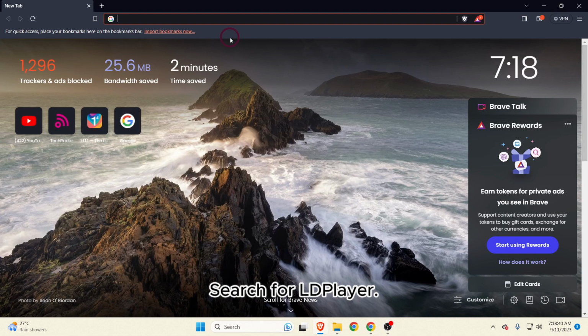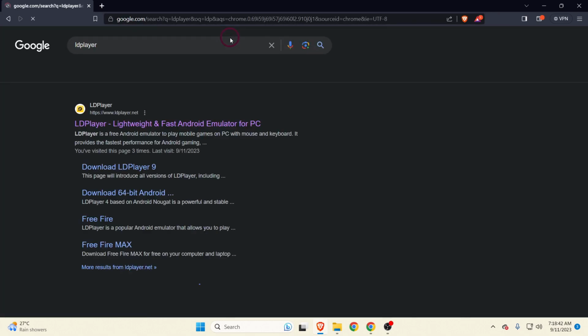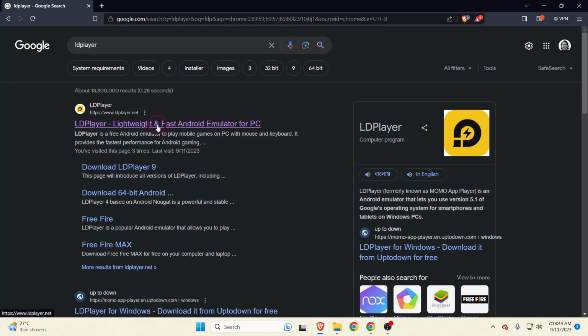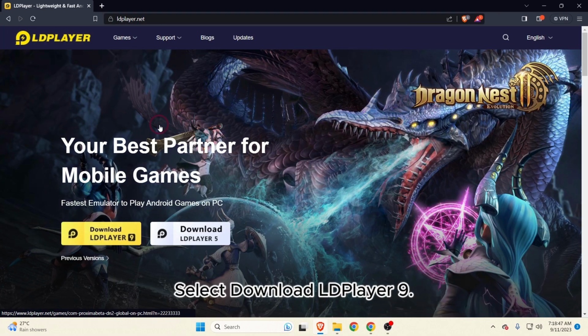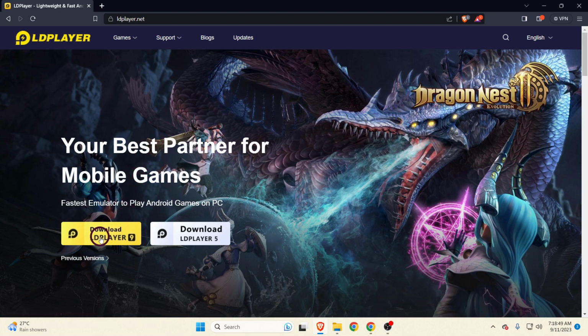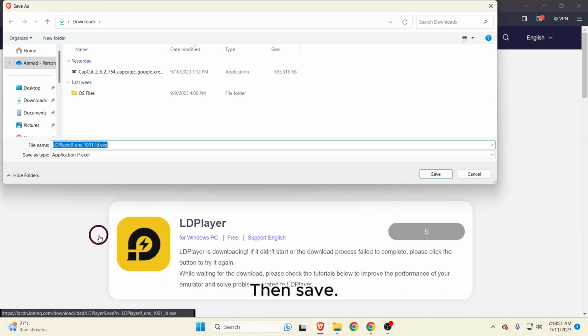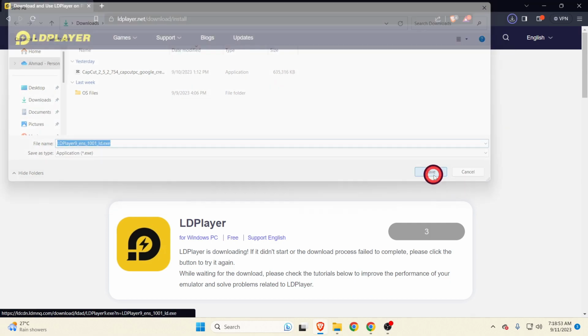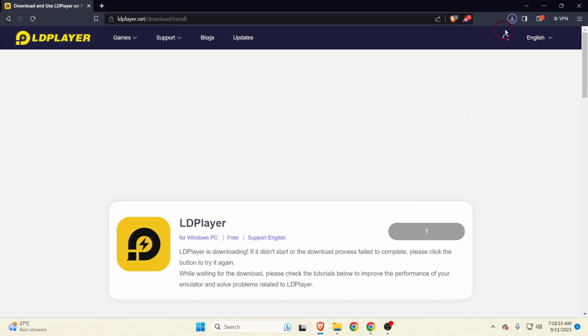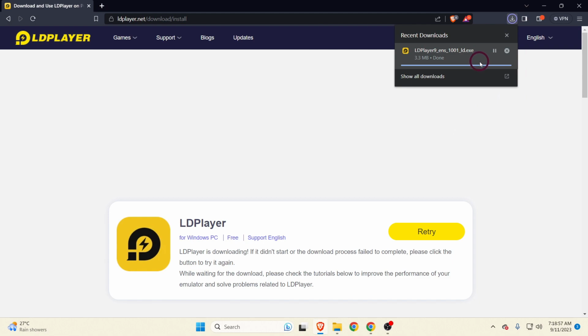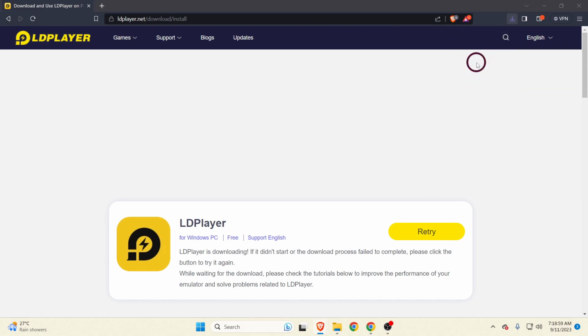Then, open any web browser, search for LD Player, click on the first link, select download LD Player 9, then save. Click on the downloaded file, select yes,